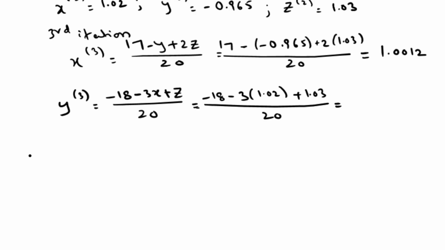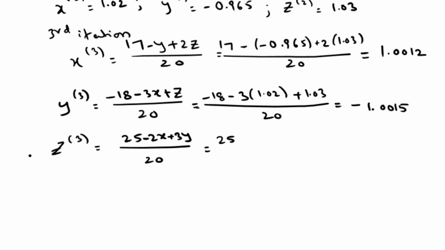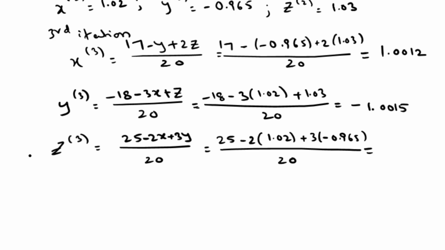You can find the value is equals to minus 1.0015, and z in the third iteration is equals to 25 minus 2x plus 3y by 20 equals to 25 minus 2 into x is 1.02 plus 3 into minus 0.965 divided by 20. We can find the value z in the third iteration is